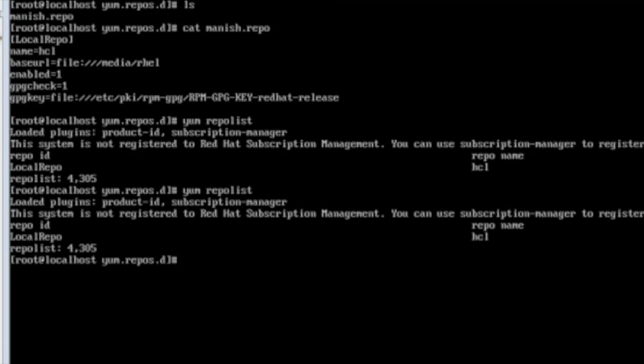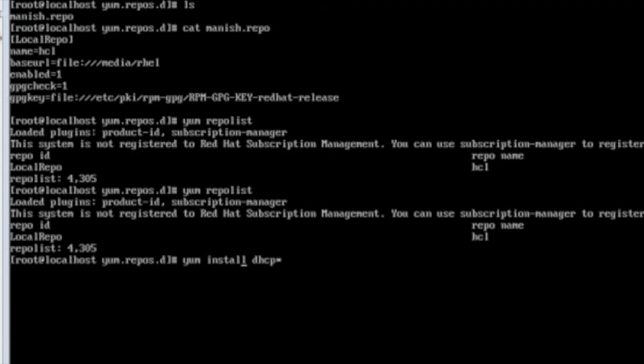So now just try to install anything. Yum install -y. This flag is used because after you give this command, suppose dhcp, it will ask you for a yes or no option.